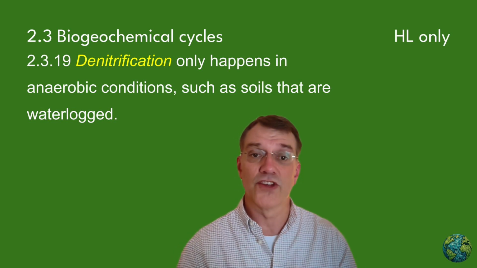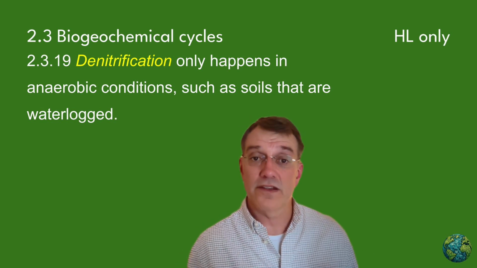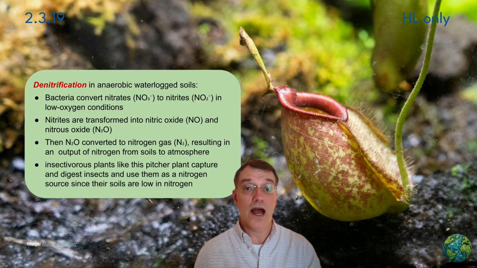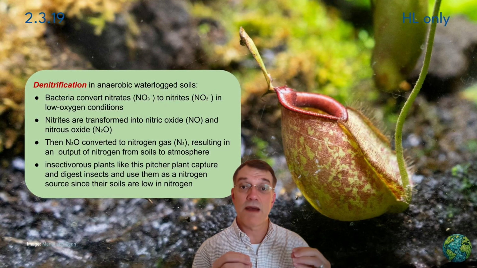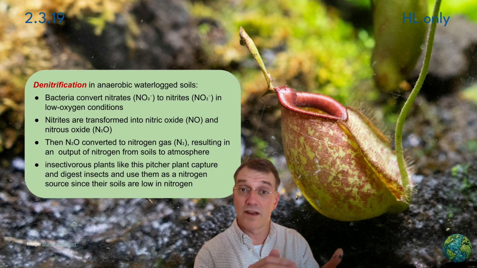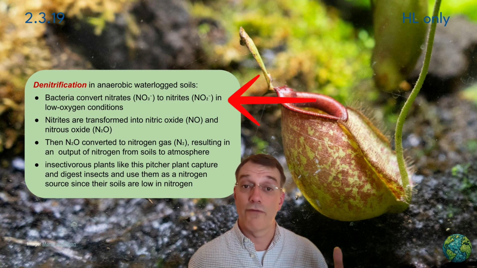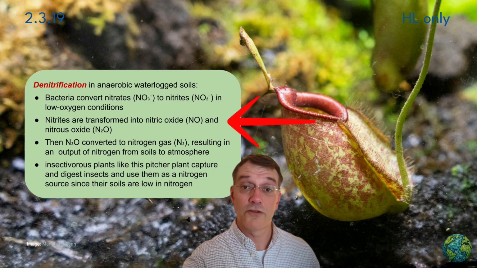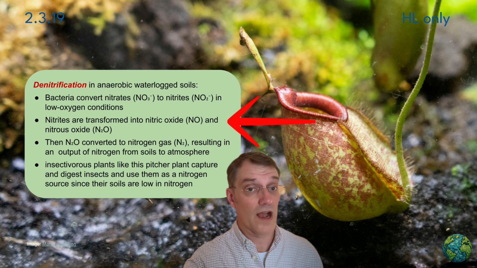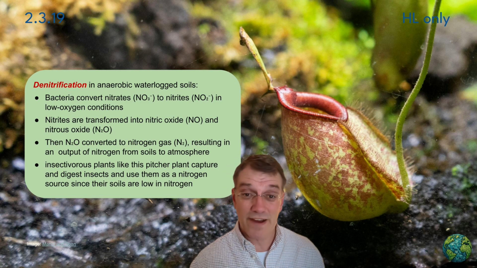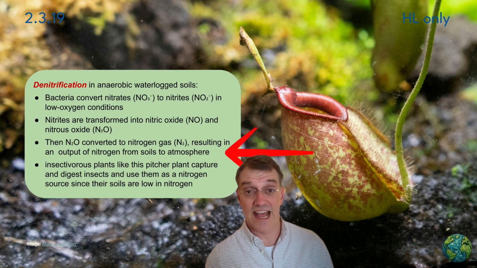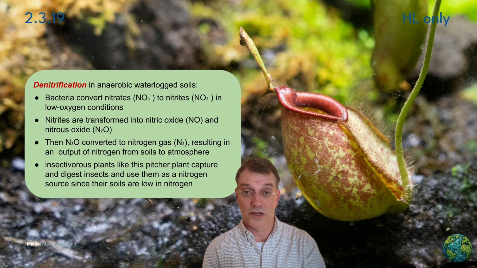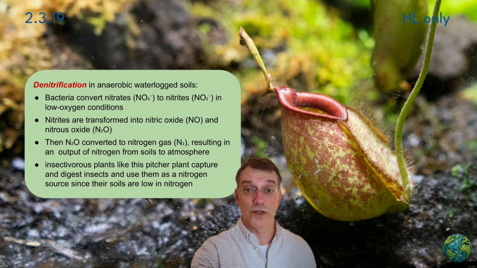Denitrification only occurs in anaerobic conditions, particularly in waterlogged soils where oxygen is absent. In these anoxic environments, specialized bacteria convert nitrates back into nitrogen gas through a series of steps, first reducing nitrates, NO3, to nitrites, NO2, then to nitrogen monoxide, NO, and nitrous oxide, N2O, and then finally back to diatomic nitrogen gas, which is N2. This process completes the nitrogen cycle, returning nitrogen gas from the lithosphere in soils back into